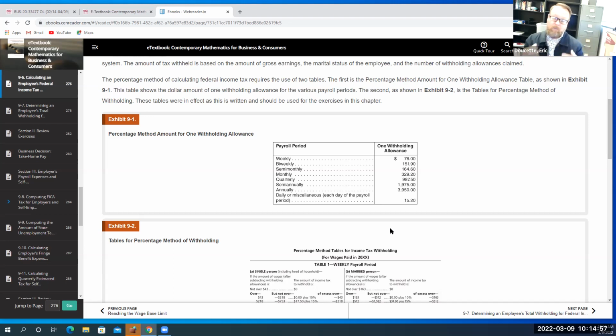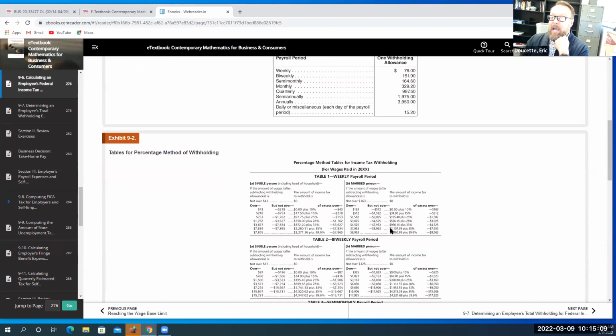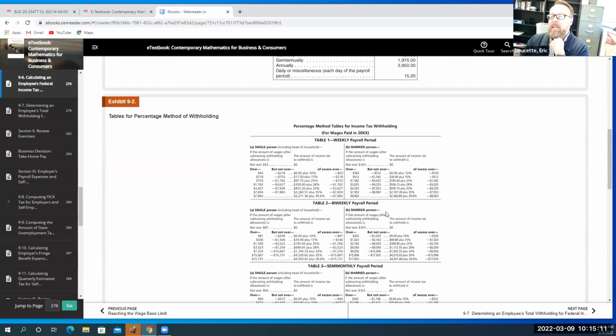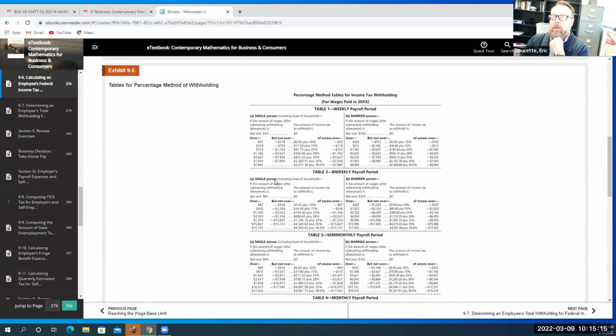So basically what the withholding represents is the amount of money that you will not be taxed on, based on your total income that you brought in for that week. But it doesn't just end with your withholding allowance. It also moves into a tax withholding on how much they're going to be taking out. And it's based off of the same criteria. So if you look at table number 1 here, this first part says weekly payroll period. The next part says bi-weekly payroll period. The third part says semi-monthly.